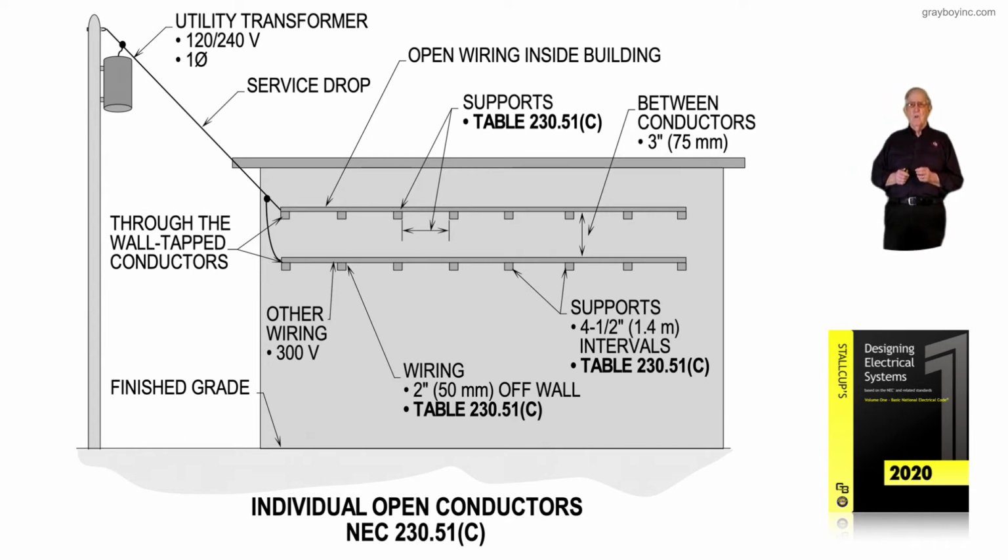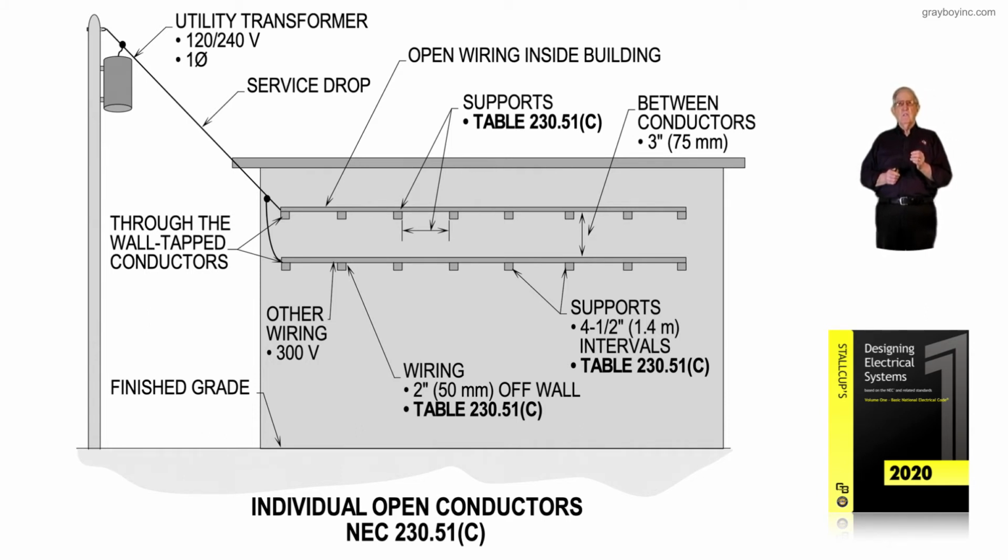230.51(C). And then on these individual conductors, we have to support within 4.5-foot intervals as required by our table 230.51(B). Then there is a separation of these open conductors on insulators, 3 inches from one another, and these supports have to fully comply with